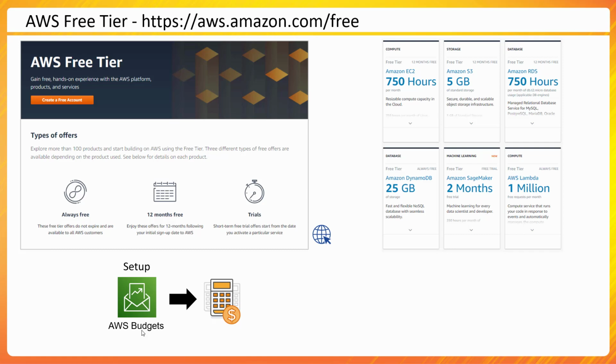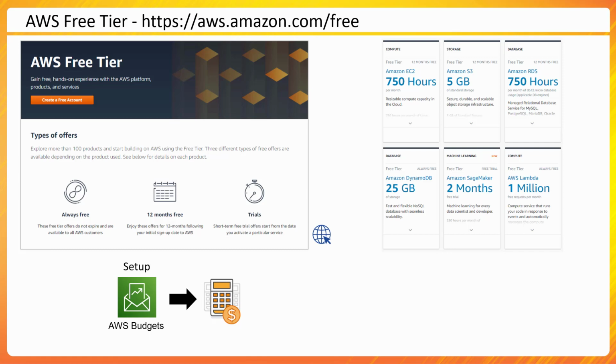Right? So the budget service is there, and again, a lot of articles are available on the internet in which you can find how to set up a budget. If you are doing this on your own, I would suggest setting up a low budget, maybe get an email triggered once you hit that budget limit, and maybe take corrective action so you don't end up paying a lot of money unnecessarily. Okay, so that is what the free tier is.